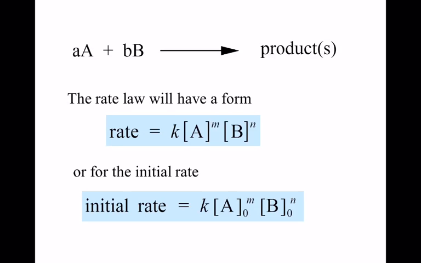Okay. Now, remember we said reaction rates? The problem is a reaction rate slows over time, because we looked at that on Wednesday. So there are times when we'll focus on the initial reaction rate, the fastest. And your initial reaction rate will be equal to the initial molar concentration of A raised to its reaction order, times the initial molar concentration of B raised to its reaction order,